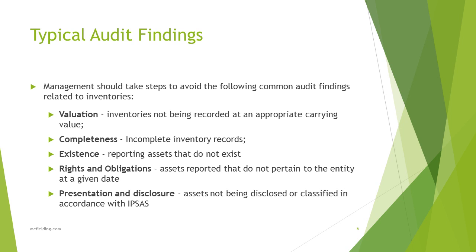Final step in our process, therefore, is looking at typical audit findings. Inventory, the first thing that auditors will always look at is fixed assets, your property, plant and equipment, because it's the easy one and it gives them a feeling as to how well organised your company or your agency or your ministry is. After that, it's usually inventory. Inventory, again, is because for auditors it's relatively simple to look at. It's much easier to go and count your inventory than it is to sit trying to work backwards through purchase orders or whatever to make sure that things have been correctly signed.